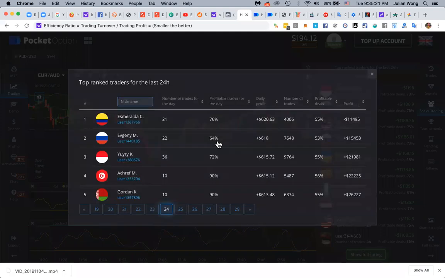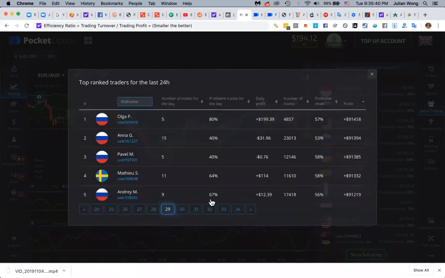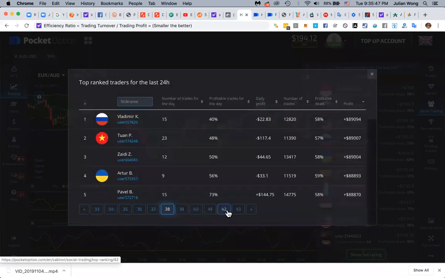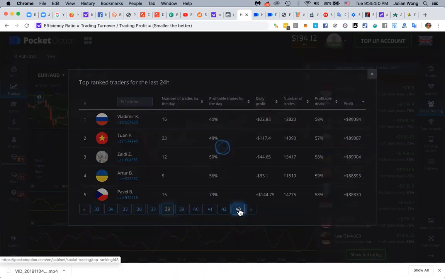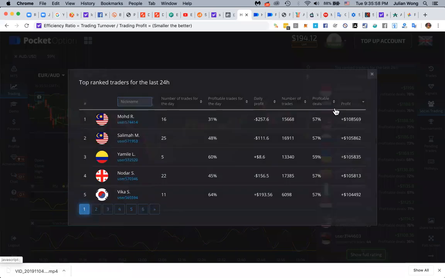This is quite a time-consuming process, but you guys get the drift, right? Okay, again, let's sort this out. Remember, you have to keep sorting it because this system is a bit stupid. You have to do the whole thing again just to make sure that it's correct. So the idea is that we go through the pages and find someone that is 60+%. Even better than 60 is already very good. As you can see, it's quite difficult.